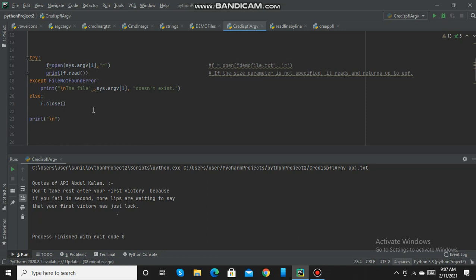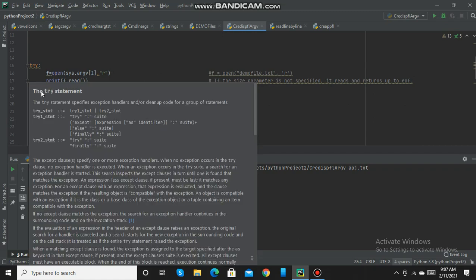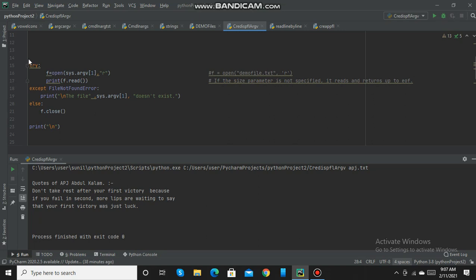Now suppose I try to read a file which is not there, which is not present. In that case, this exception will be raised and it will give me an error, say that particular file name doesn't exist. An exception is an event which occurs during execution that disrupts the normal flow of the program. So when the normal flow is interrupted, it will go to exception. So if you try to read a file which is not there, it will raise this exception. So we will try that.